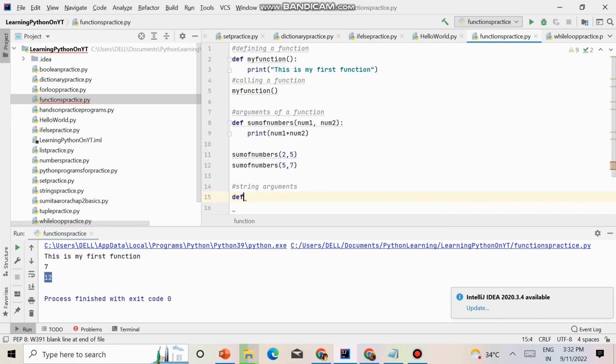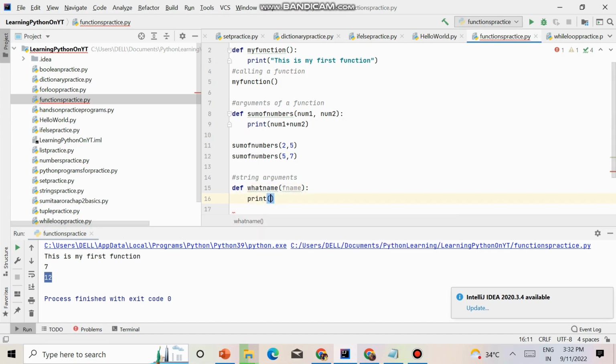Now, these were the integer arguments. Next are string arguments. We can even pass any data type. You can pass strings, you can pass integers, you can pass tuples, you can pass anything, right? So I'm passing a string argument, that is f name, first name. So my name is